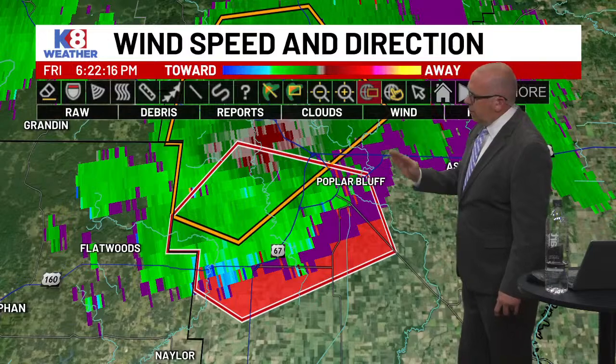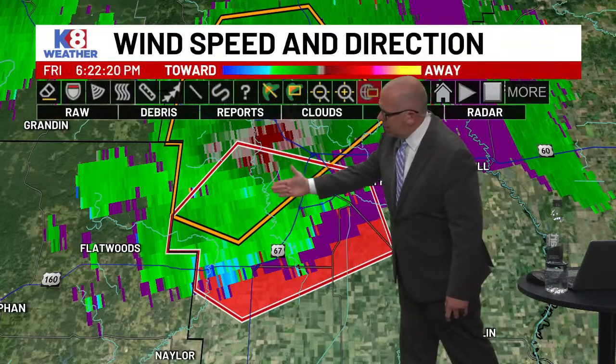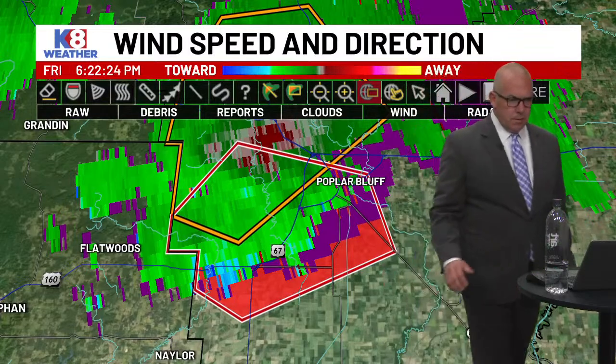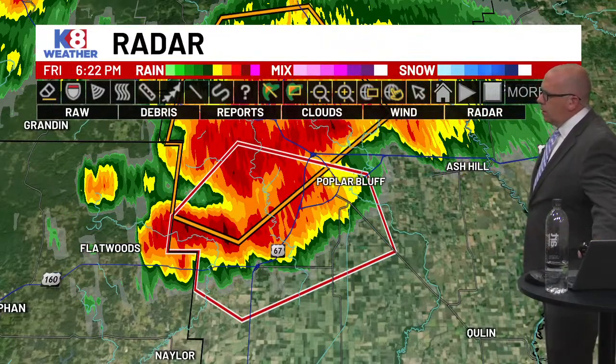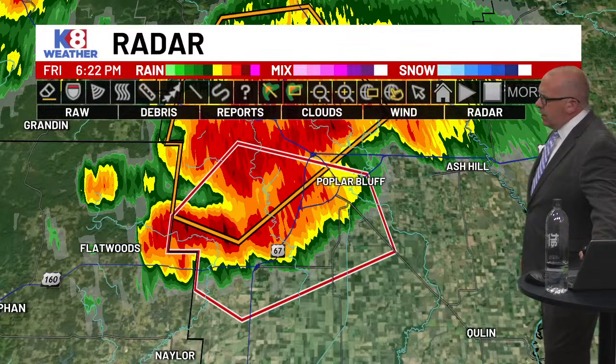All right, so there must be some kind of tilt to this because that's where the rotation is. So I'm also kind of curious if you switch and look at just radar, where we're seeing that purple kind of noise, if it's almost tilted in the other direction too. See that little? It's not much of one. Yeah, but